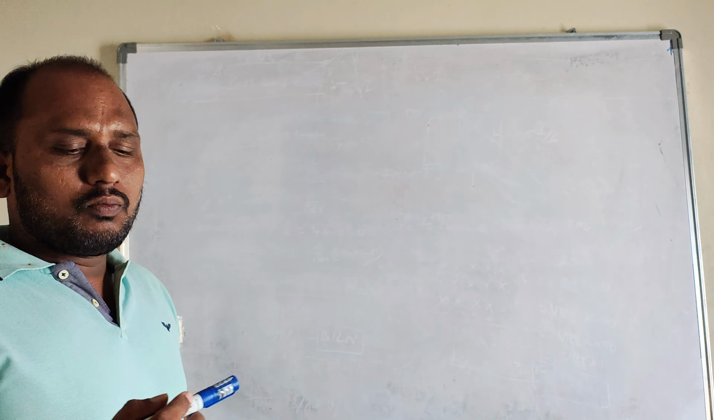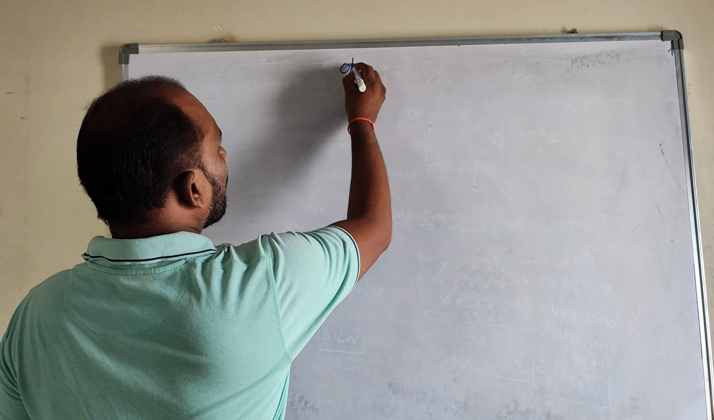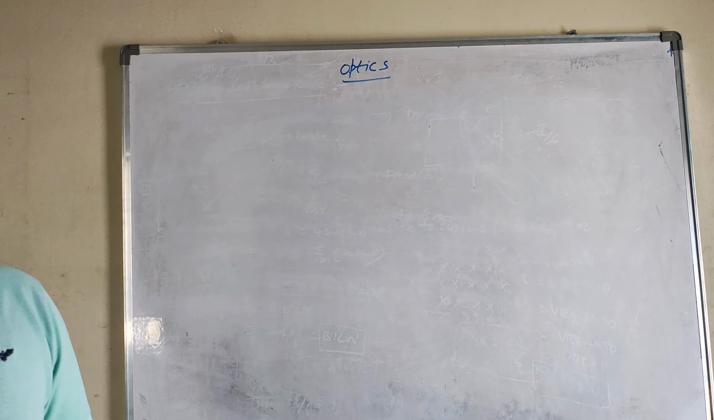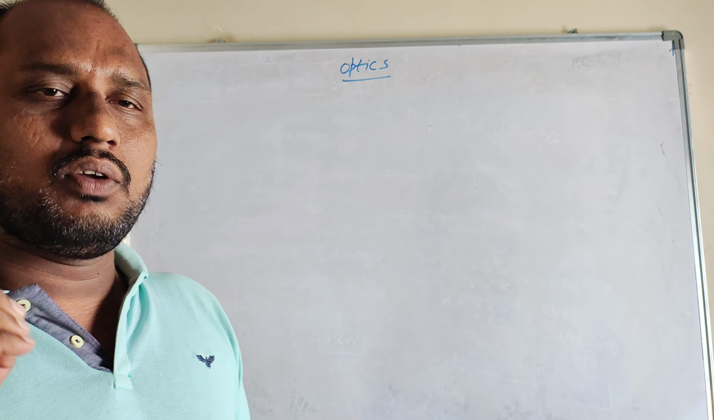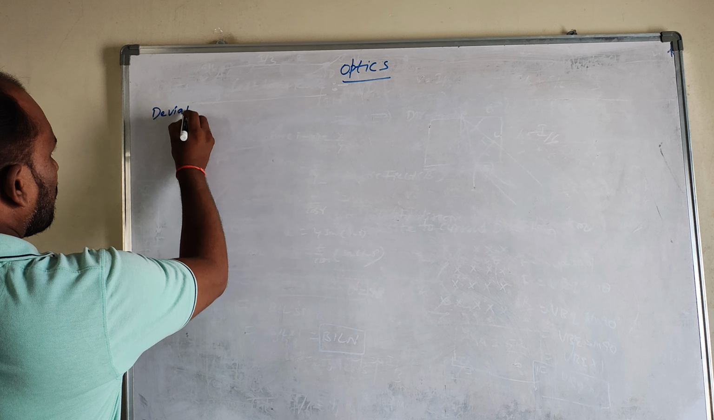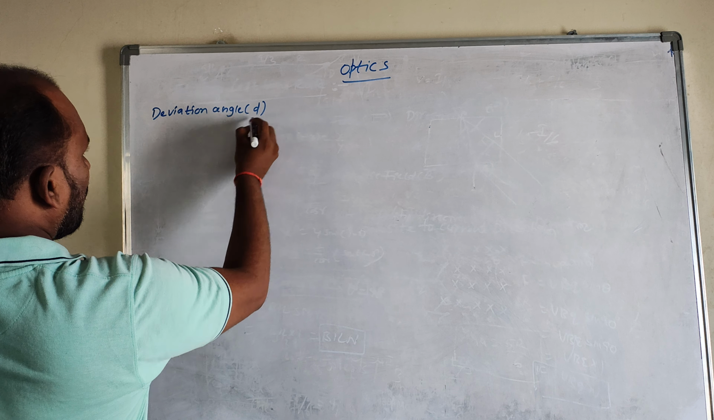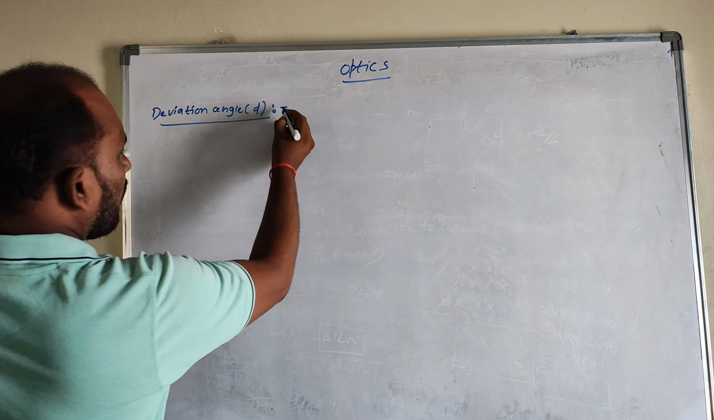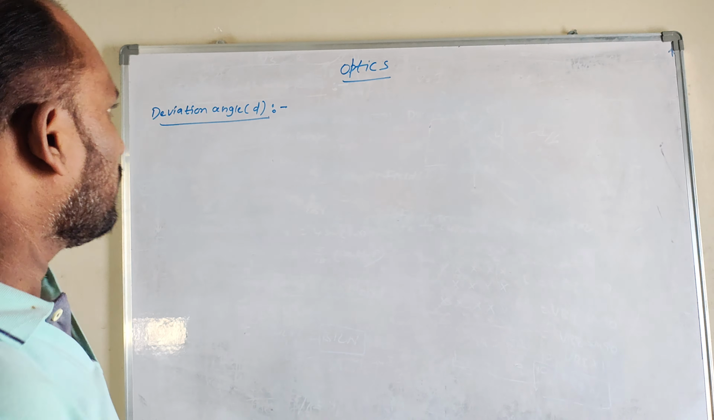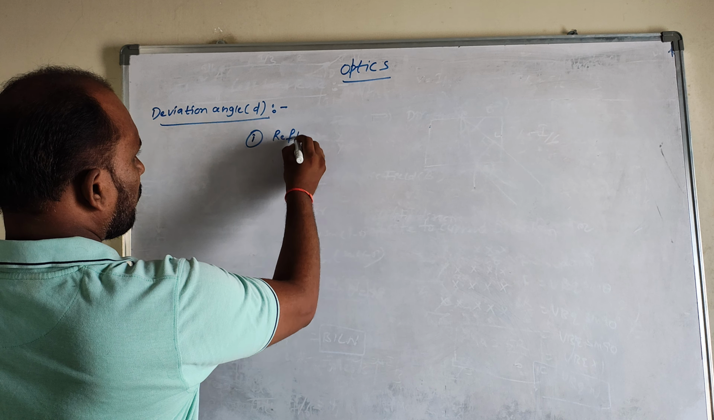So today we're talking about one of the concepts in optics. In optics, many people are worrying about deviation angle. So how to find out the deviation angle? We have reflection, refraction, glass slab, and prism. So let's see, we have to see deviation angle in reflection,